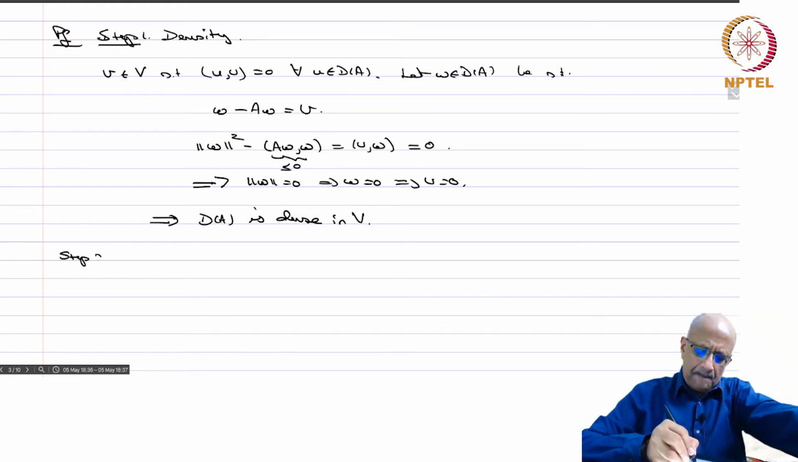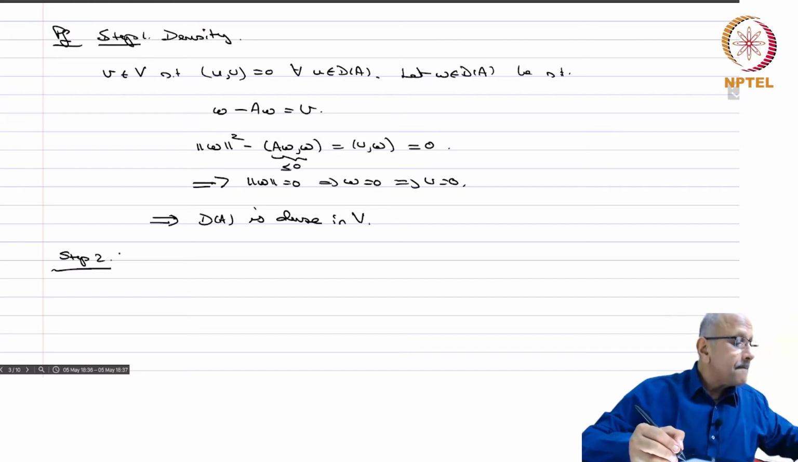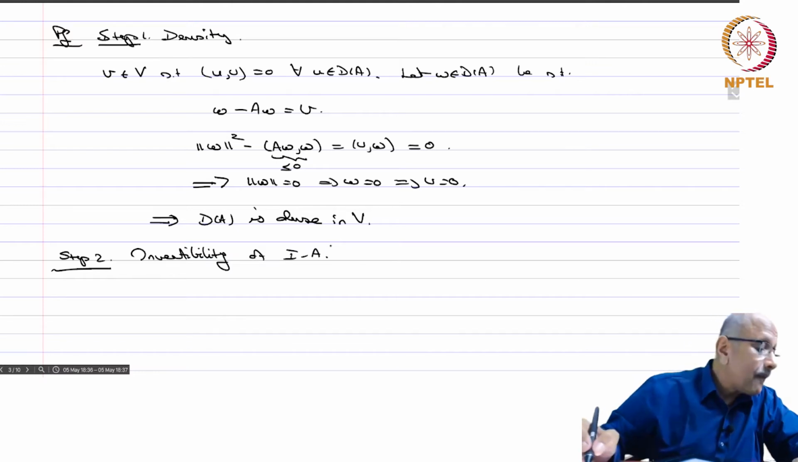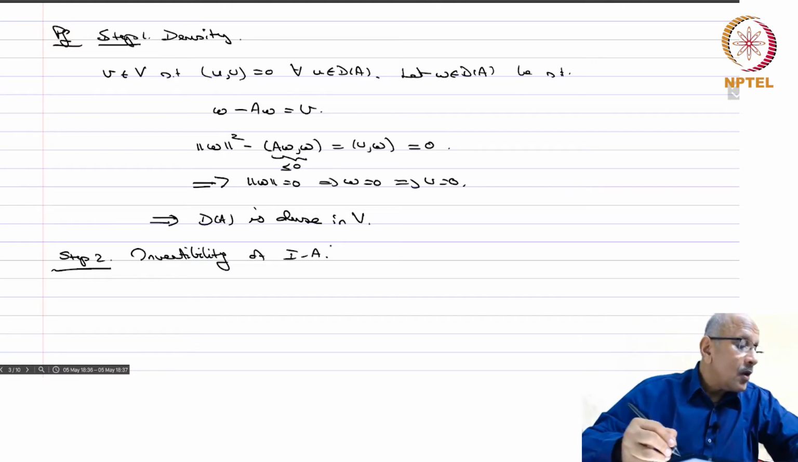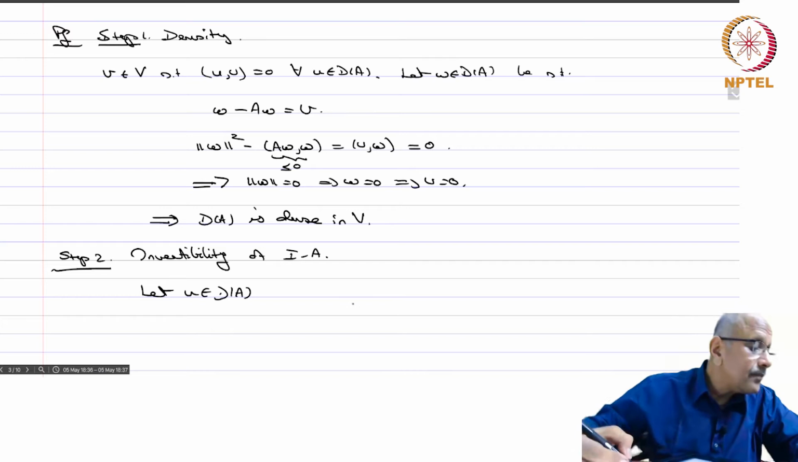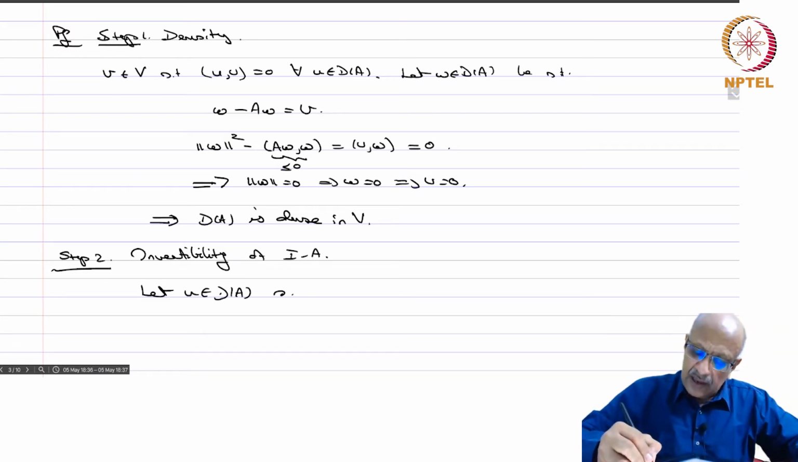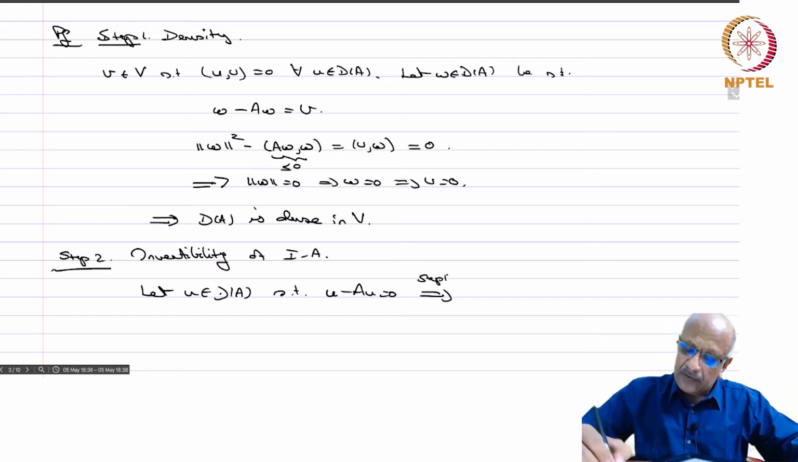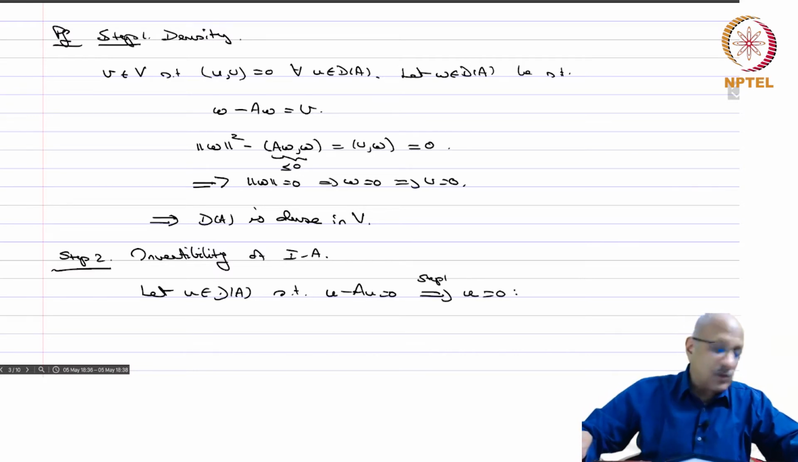Step 2, invertibility of I minus A. So, let u belong to D of A such that u minus Au equal to 0. Then the same thing we just saw in step 1. So, this is the same argument as in step 1. This means that u equal to 0. So, I minus A